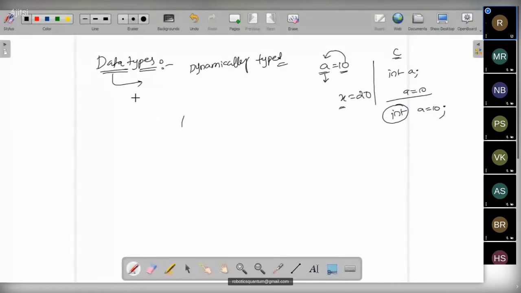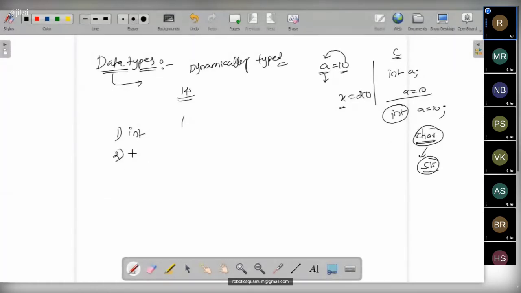That means we have some inbuilt data types in Python. What are the inbuilt data types? In general, we have a total of 14 data types available in Python. Okay, so what are those? In other programming languages like C language, we have the character data type. Okay, but here we don't have the character data type. Instead of character we have only the string data type, which is common for both characters and strings.